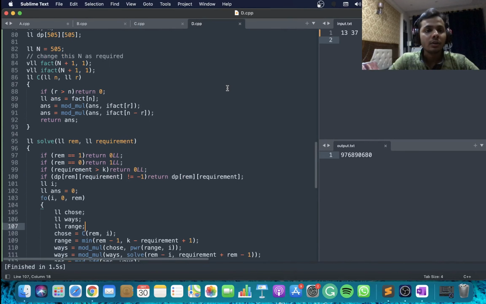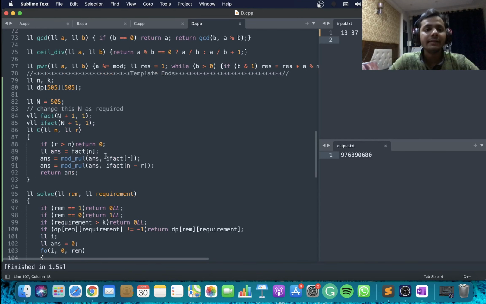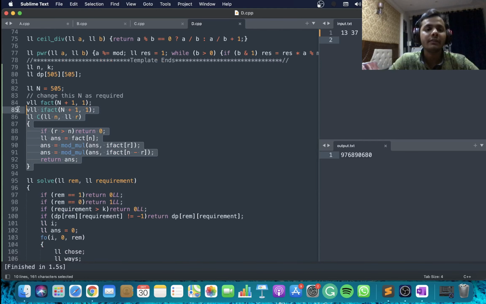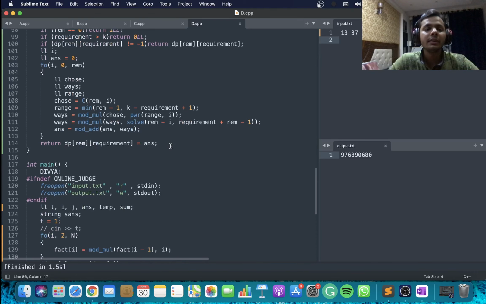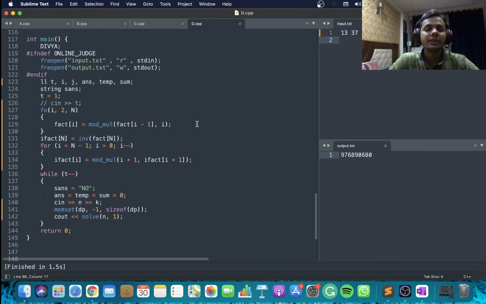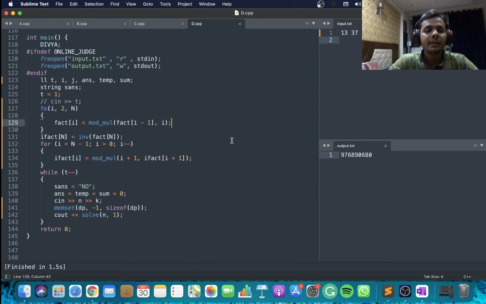Okay, so first of all, since we need nCr values, I have this inbuilt function which calculates nCr using factorials and inverse factorials. That's not really relevant. You can actually check out how to do this on the internet. There are lots of useful blogs related to this. So yeah, we can safely assume that we have a function which will calculate nCr for me.